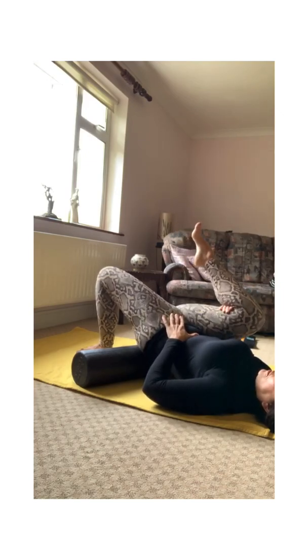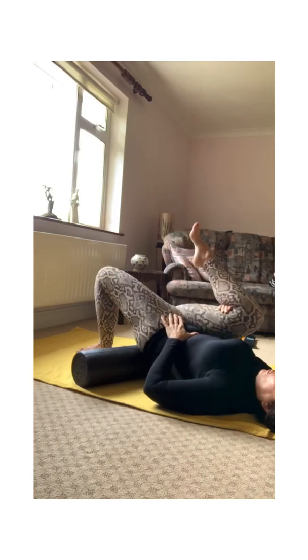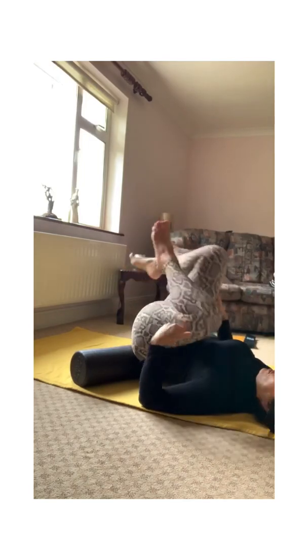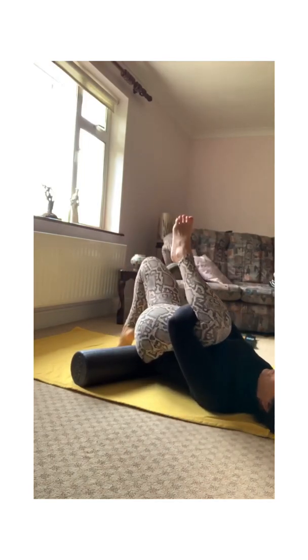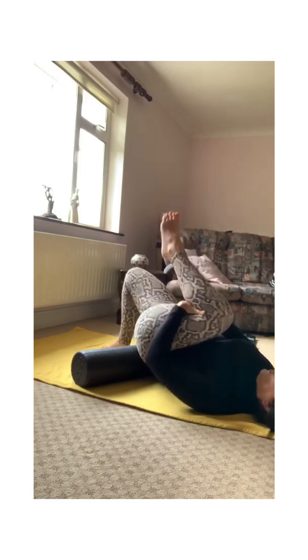And press, and release, and one more, press and release it. Swap it over to the other side. So full foot contact with the floor, so that left foot is down on the floor now, fully in contact